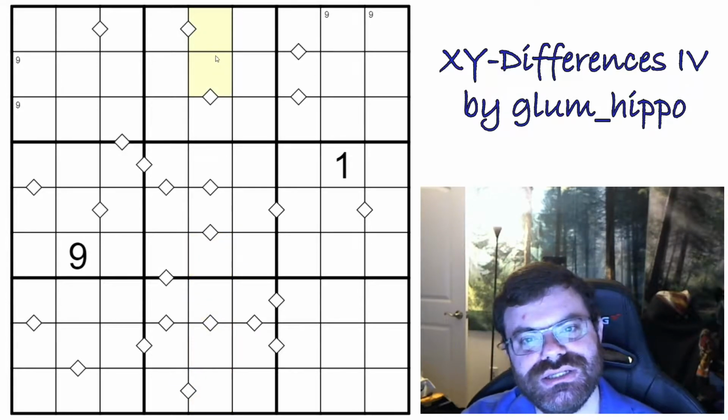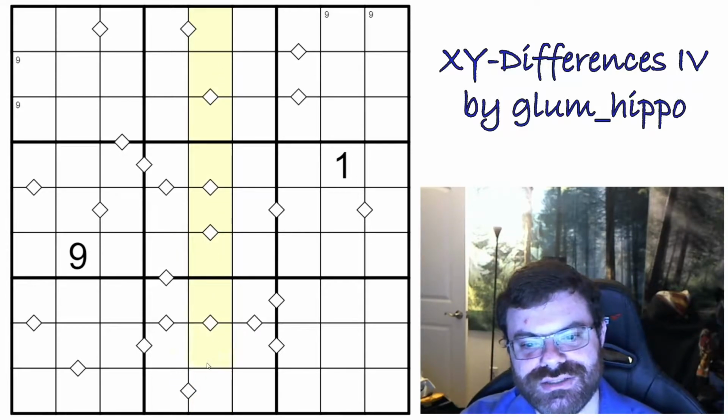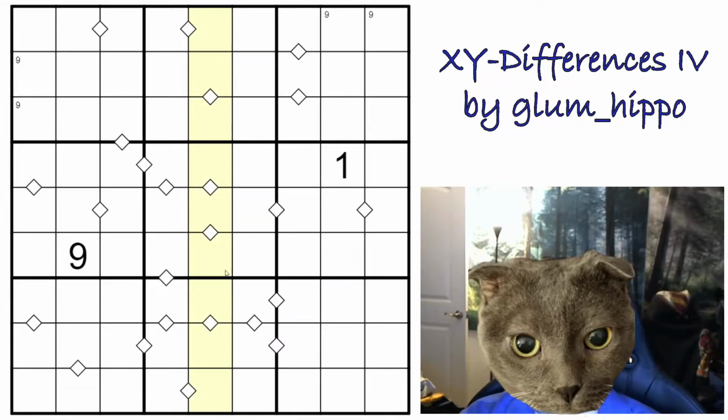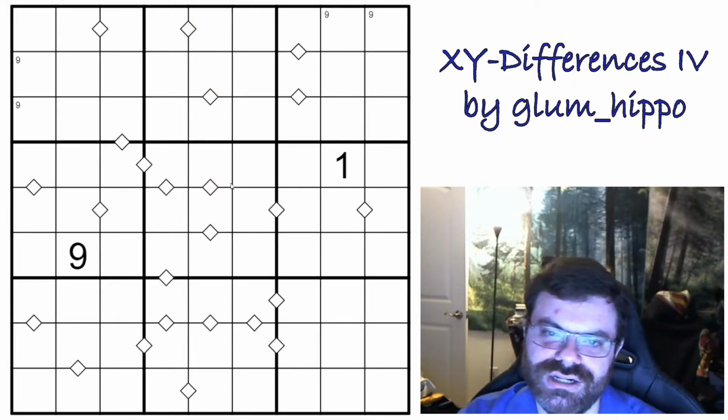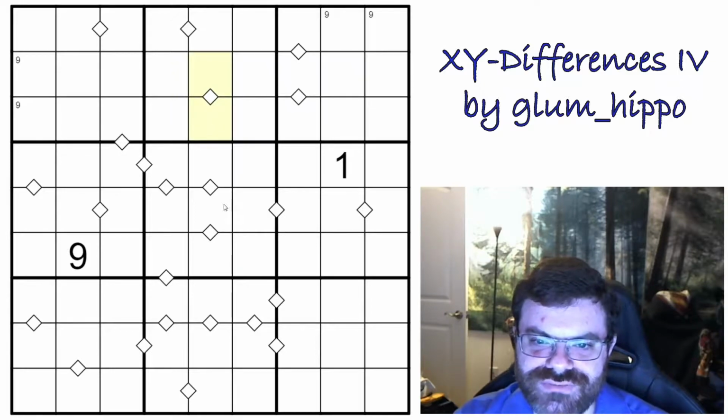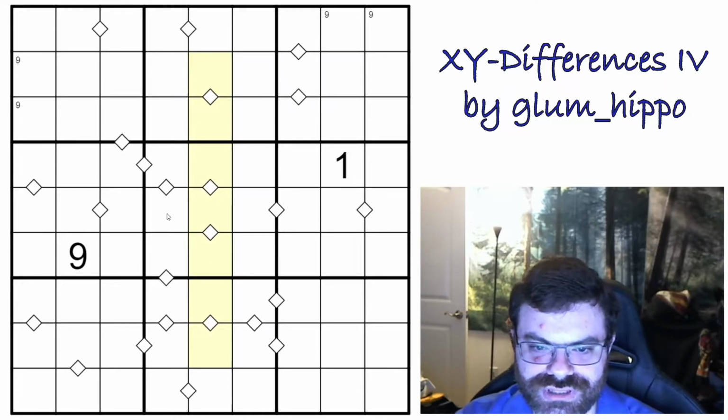Or what if we just did like this? How many is that? That's a lot less. 1, 2, 3, 4, maybe 5. So how many do we have here? 1, 2, 3, 4. Any more that are particularly...